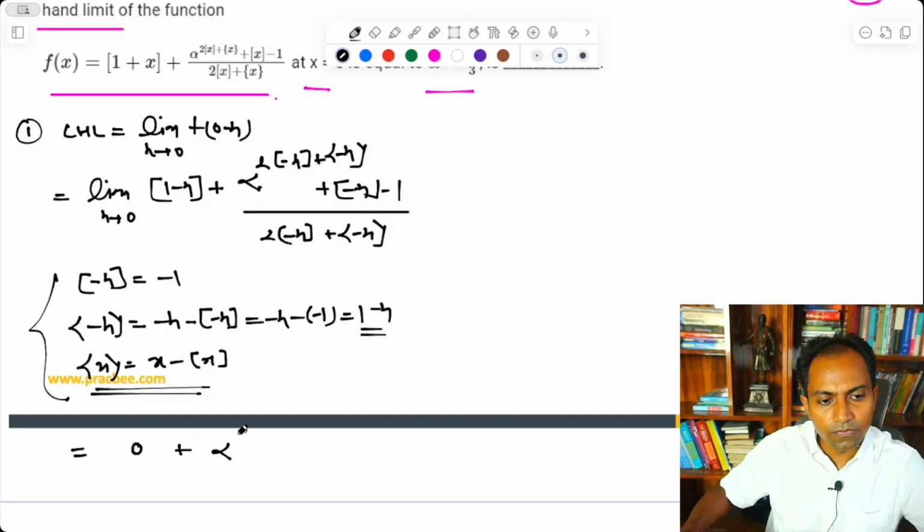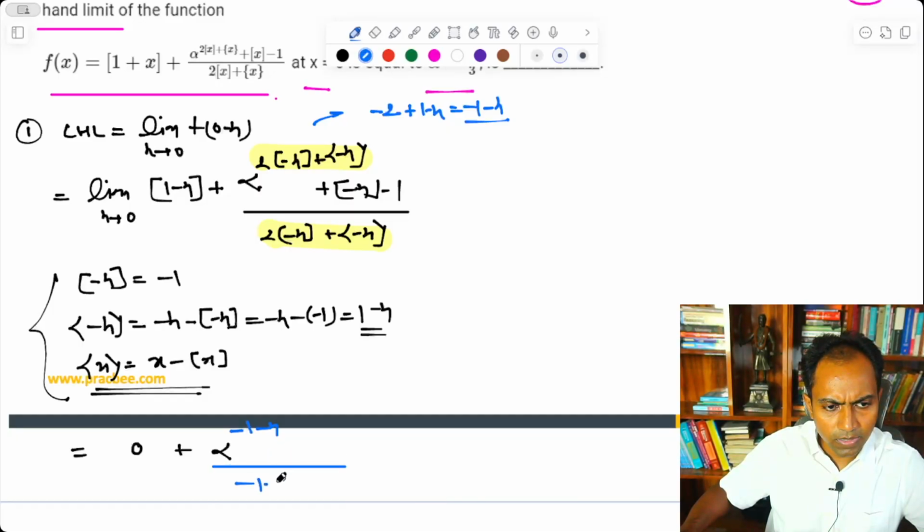Here the power of alpha, what we have got is minus, and now if you figure out this value, you can see that this value here and here is written the same. If I just figure out the value here, I will be able to understand. So this will become minus 2 plus 1 minus h, so this becomes minus 1 minus h. So this can be written as minus 1 minus h. And the denominator also I can write as nothing but minus 1 minus h. And for the other things, this will also become minus 1. And this part is already minus 1. So you can see that after doing this, in the next part,